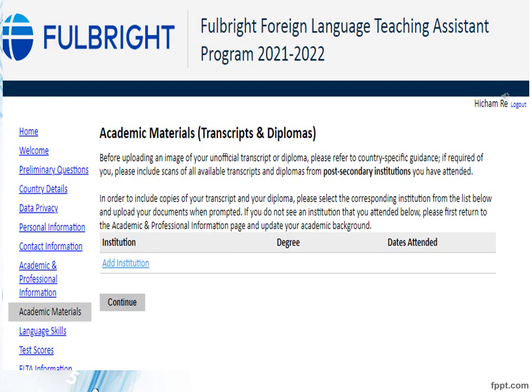Okay, then you will move to academic materials. Before uploading an image of your unofficial transcripts or diploma, please refer to country-specific guidance if required of you. Please include scans of all available transcripts and diplomas for post-secondary education you have attended. Mainly here you are going to scan your BA and